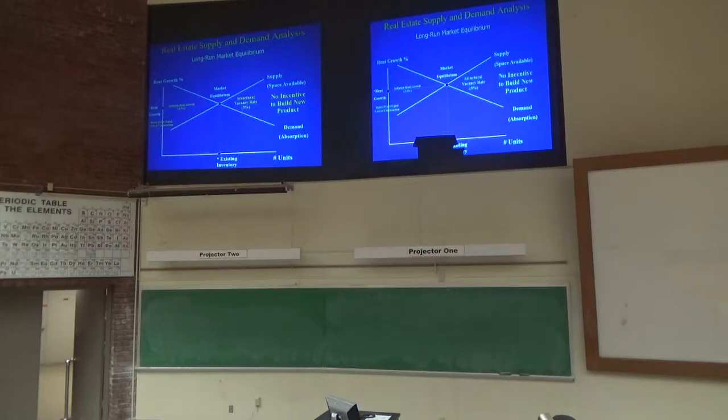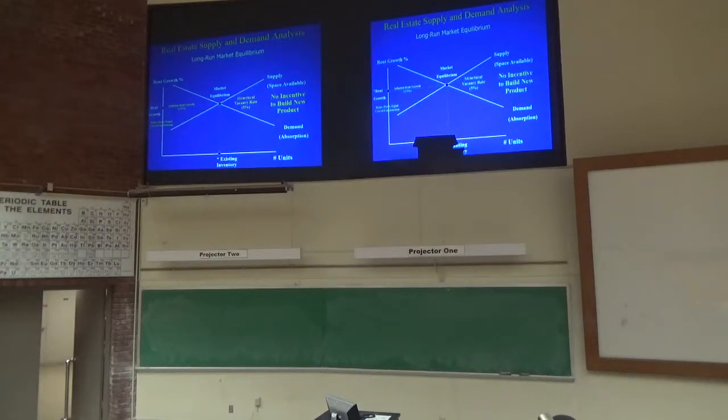Okay. No. So you have the units on the bottom, which is your supply. This is the total inventory. This could be commercial real estate, or this could be single family, but I use apartments when I'm doing this. So you have basically your supply curve and your demand curve. At the intersection of the supply and the demand curve is basically the price. But what we're using is rent growth.